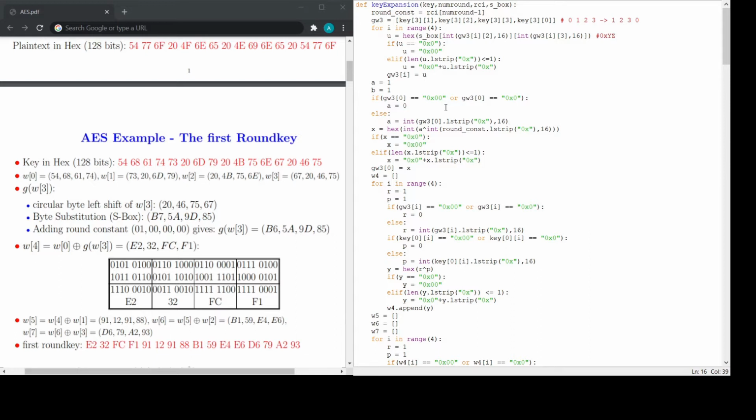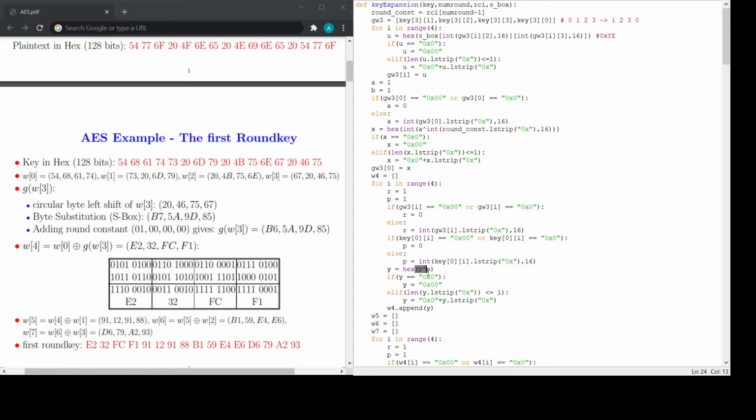This is done by the simple XOR of the first value in the current round key and the intermediate key we just generated. Since there are 4 values in each of these, we run a for loop of count 4 and find the XOR of these elements one by one and append it to the array. So as you can see, we first find W4 over here, and then we run the loop 4 times, and then we bitwise XOR while taking care of the special edge cases that I mentioned before.